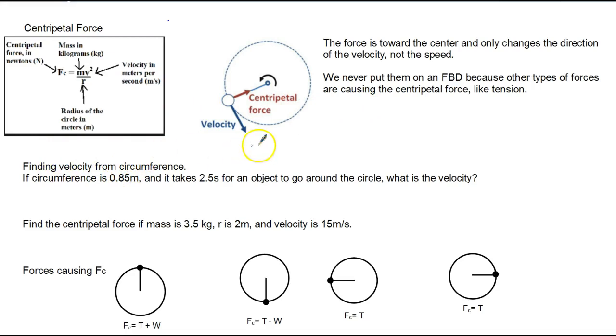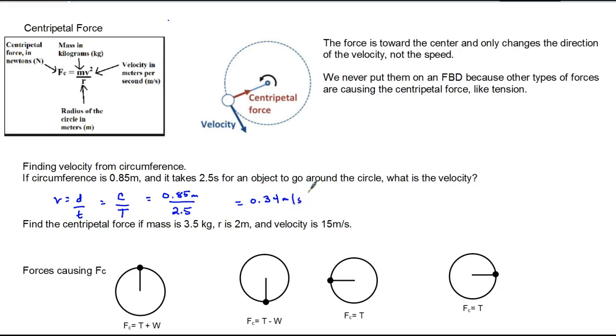Finding velocity from circumference. Well, remember, velocity is distance over time. And so if it's going in a circle, that's equal to the circumference divided by the period, actually, the time it takes to go around once. So if the circumference is 0.85 meters and it takes 2.5 seconds to go around one time, then the velocity is 0.85 divided by 2.5 is 0.34